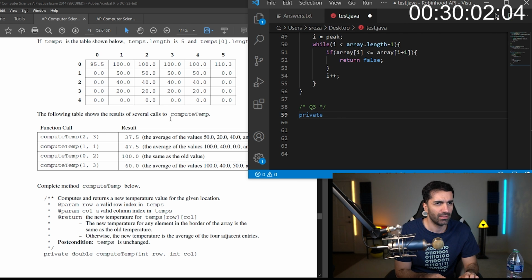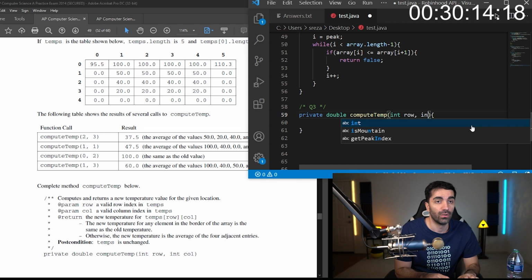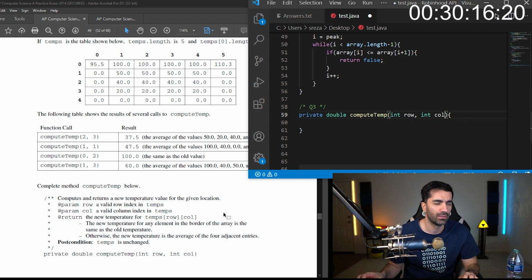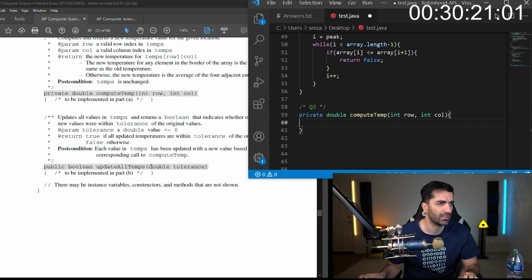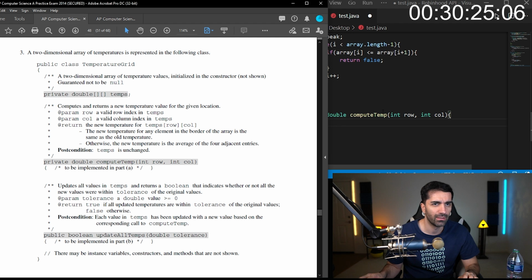So it's going to be private double compute temp. So we have the row and the column. Hold on, I just want to look at one thing. Okay, so temps is a variable in here in the class.